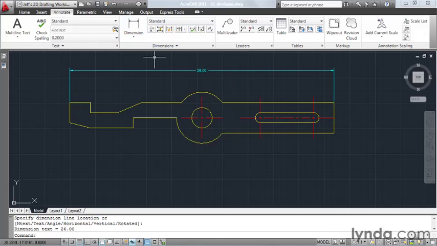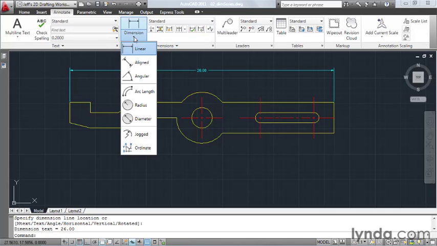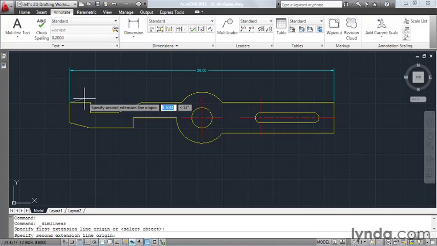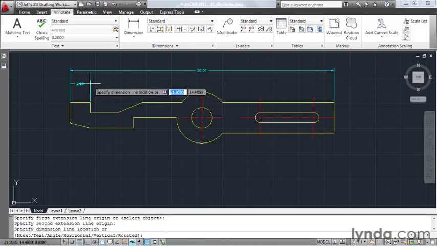Here's the trick. I have to create the first dimension manually. So I'm going to create a linear dimension. Notice we have the same flyout here as we have on the Home tab. And I'll create my dimension from the endpoint here to the endpoint here,